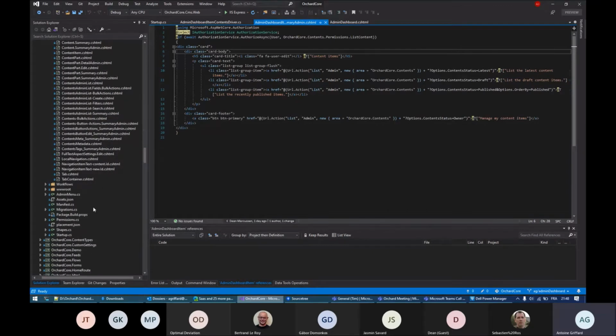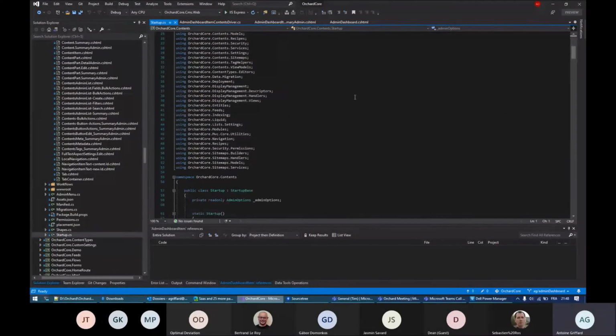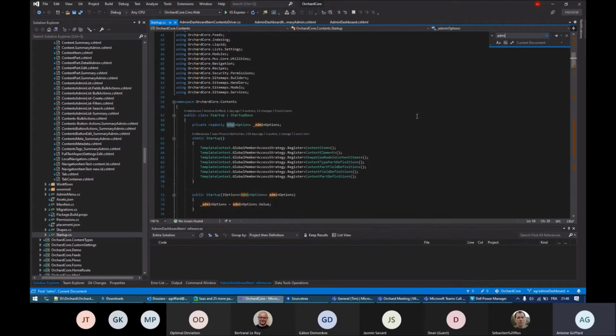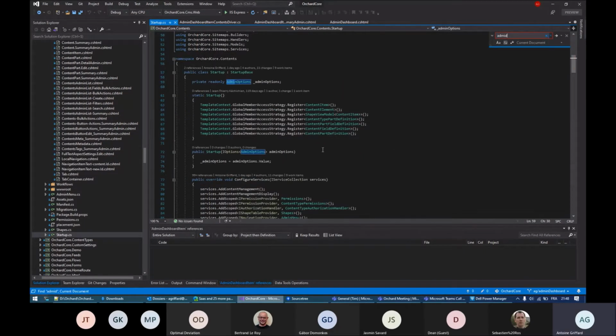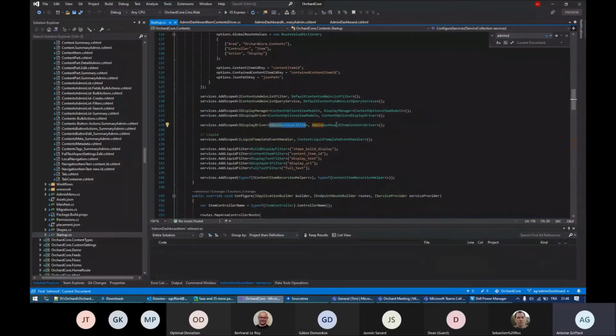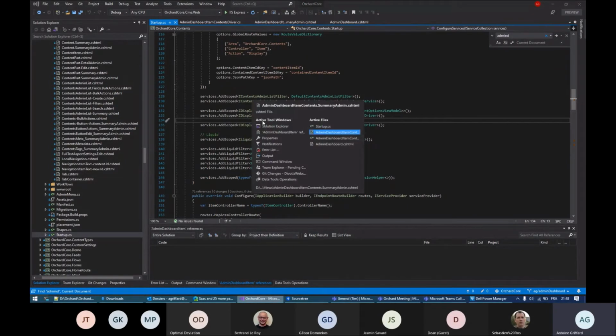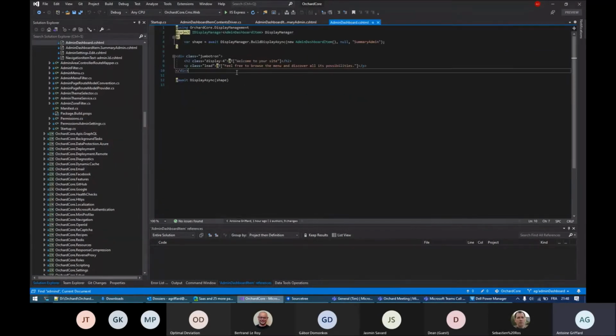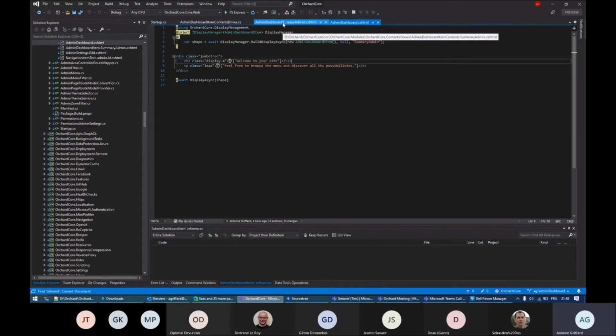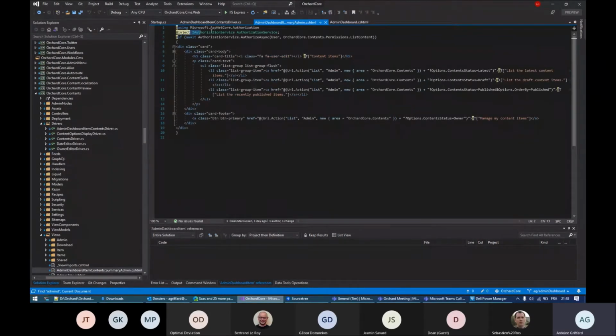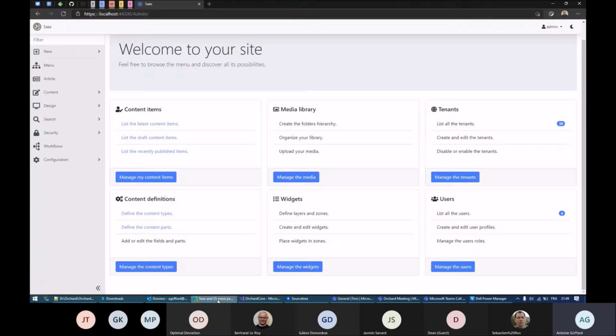Then you just need to register your driver like this, and it will appear on your dashboard. And as you can see, you can also inject some services like the authorization service to say that only the people having the list content permission can see the dashboard item.